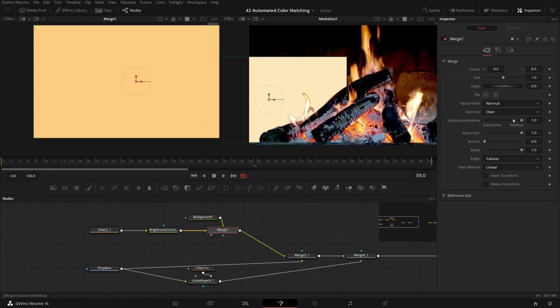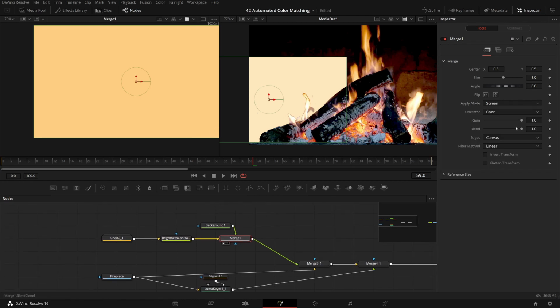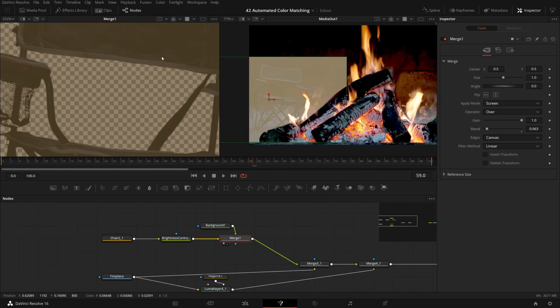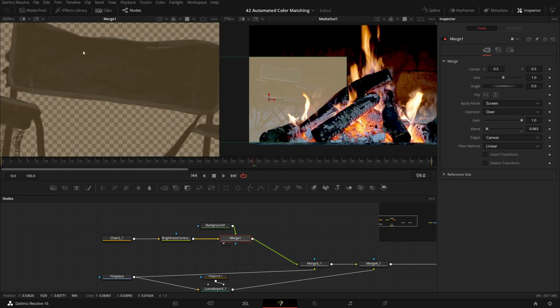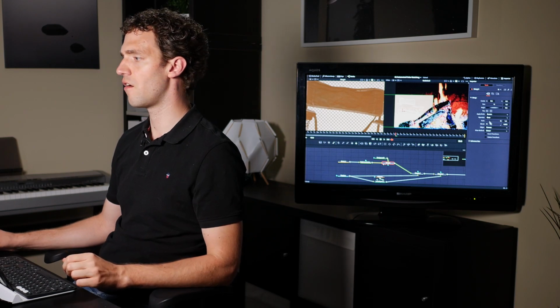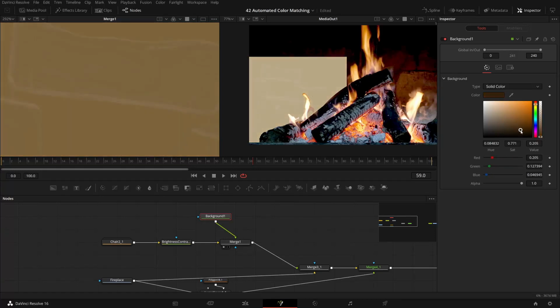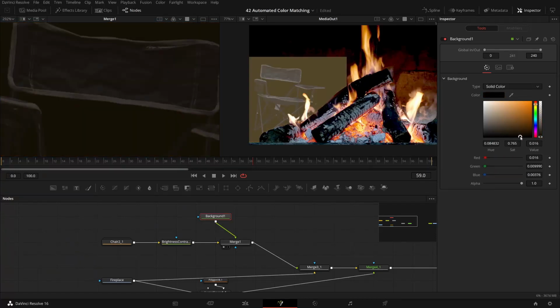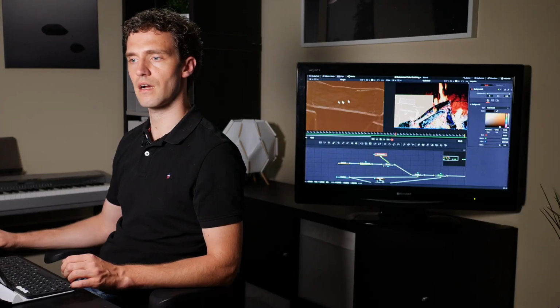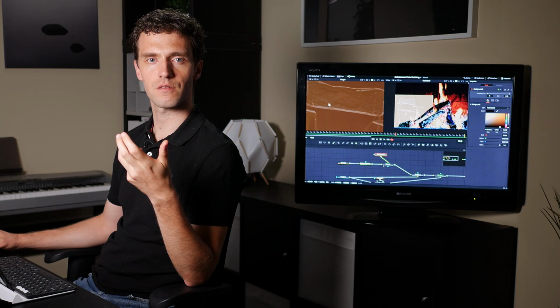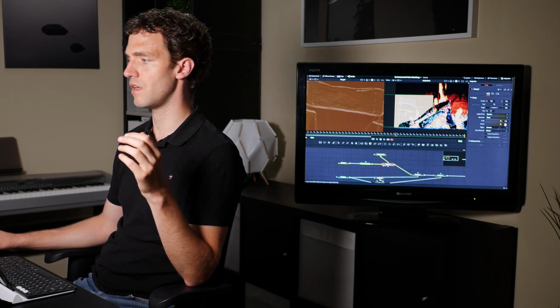And I don't want to merge it over, but I want to screen it, probably, and I can bring the blend down, so that with the screen I still see more of the features here. Or actually, let me keep the blend up for a second and instead bring the brightness down here. If I make this darker, I'm getting into a range where the screen brightens up certain areas of the chair, but not others. So you can experiment with different modes.